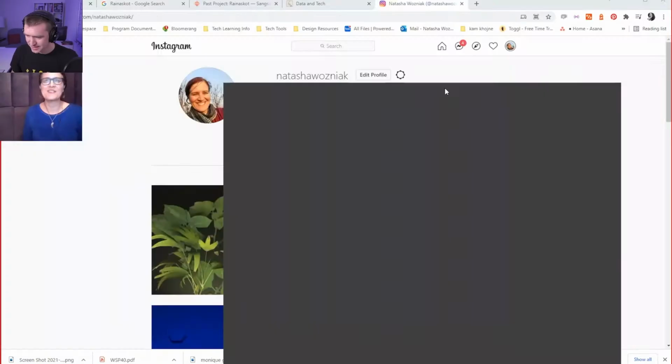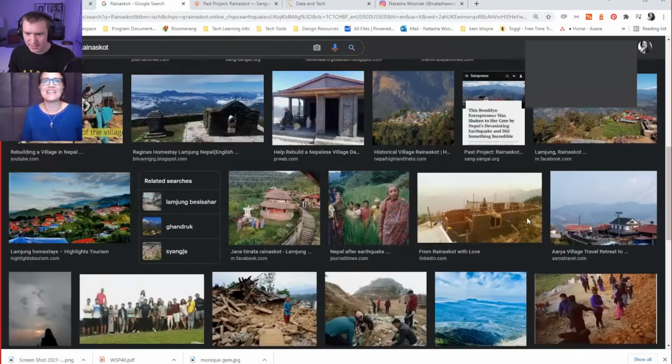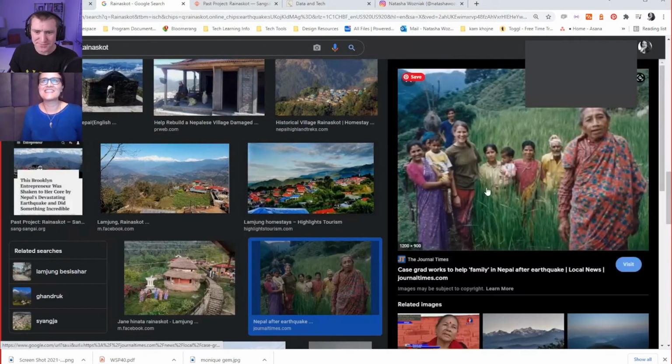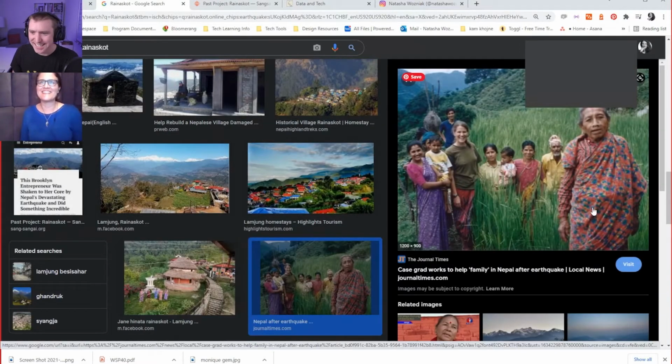Got some pictures of. I think there's a picture of me. Here it is. This is me as a 19-year-old. I lived in this village. I primarily was in the capital doing the sculpture work, but I also visited this village, and I became very close to this family. And I spent 2 years there. One as a university exchange student, and one as a Fulbright scholar doing sculpture, and I didn't go back.